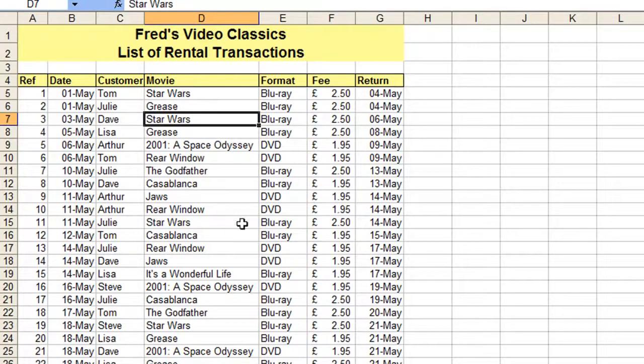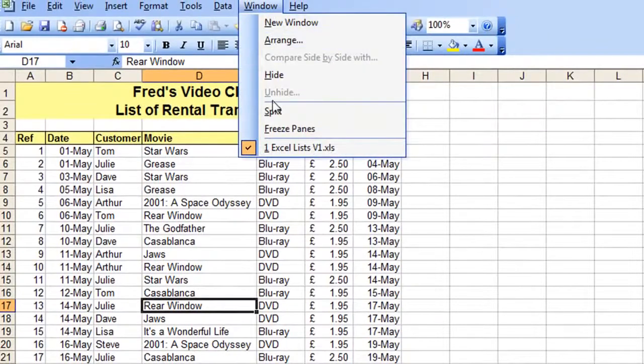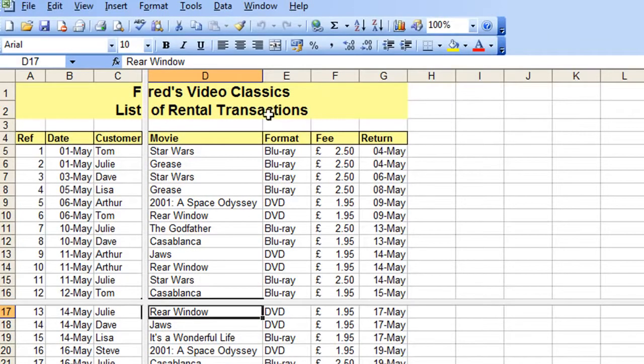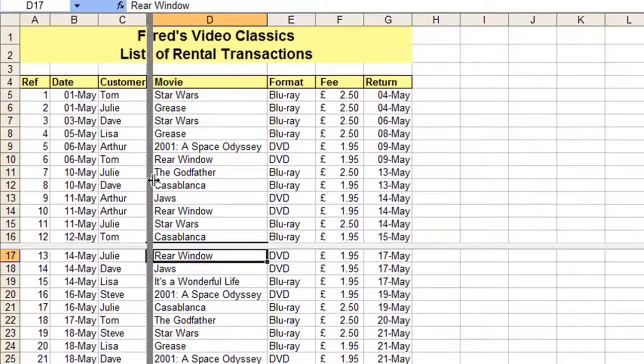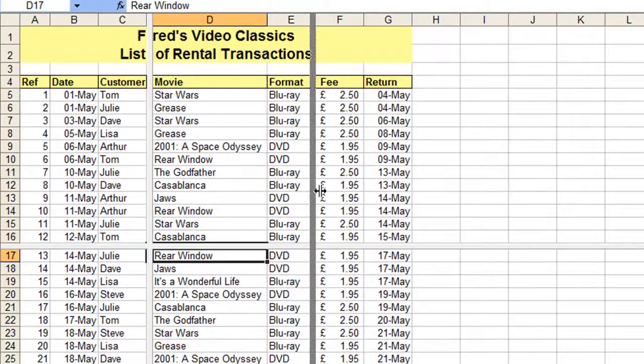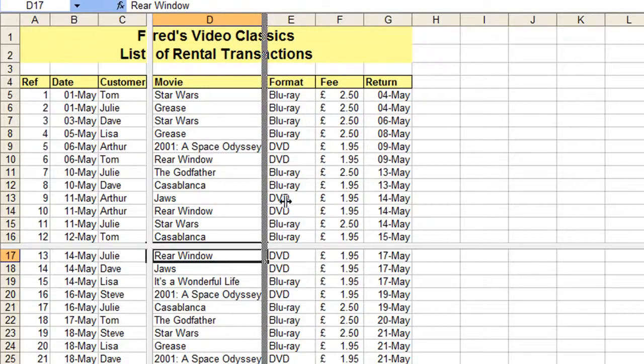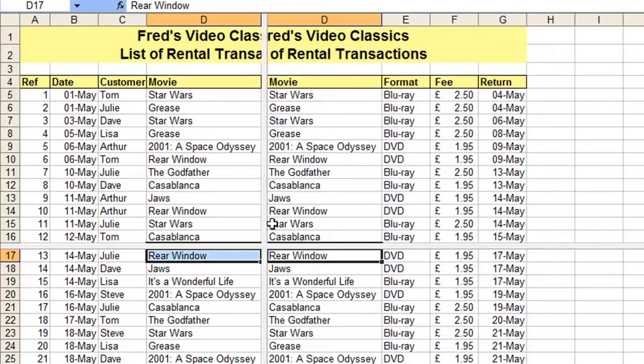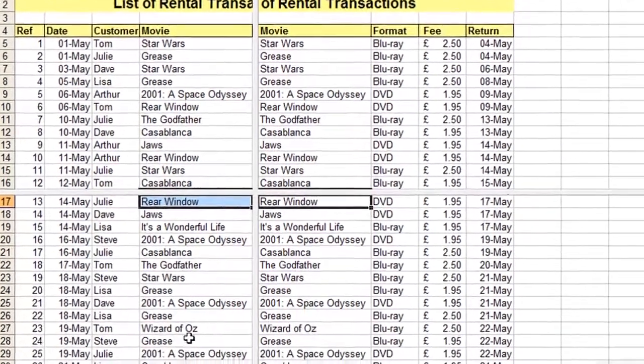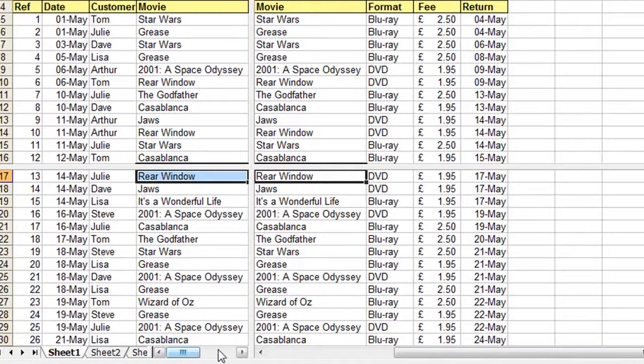And now I'm going to click anywhere in the middle of the table, go back to the Window menu, choose split one more time, and this time I've actually got a four-way split, so the screen is split into quarters. And again I can drag that vertical bar right and left should I need to. And this time it operates in a slightly different way. If you go down to the bottom of the screen here, we'll see I've got two horizontal scroll bars,